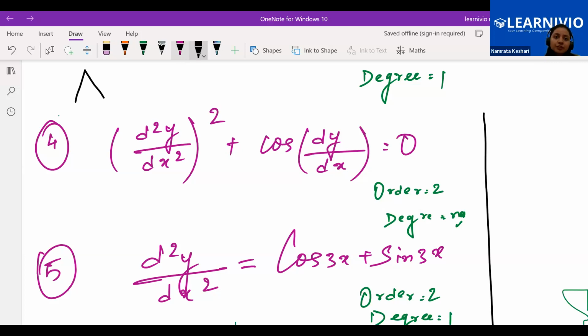Two angles are already given. The remaining angle you will be able to find by the angle sum property of the triangle. Once you get the remaining angle, then the outward angle you can also get by linear pair. If you got this angle, angle C, you got